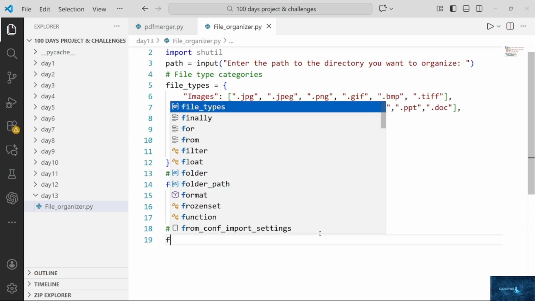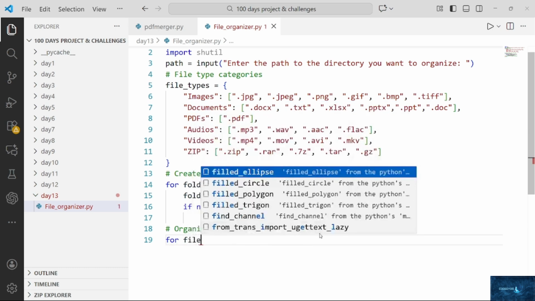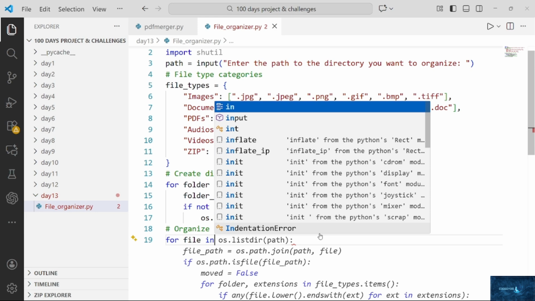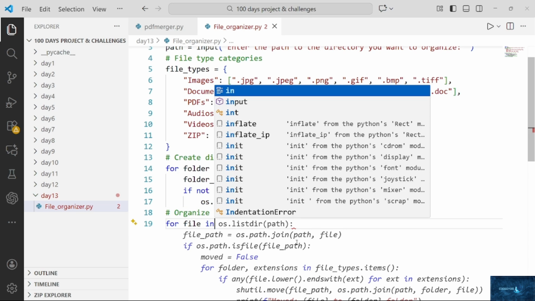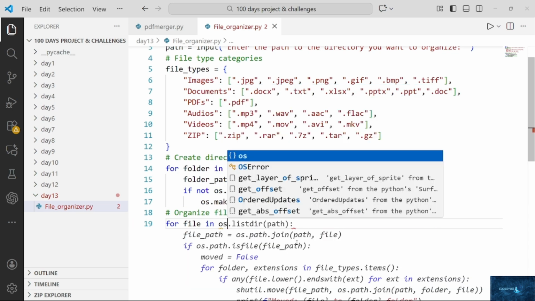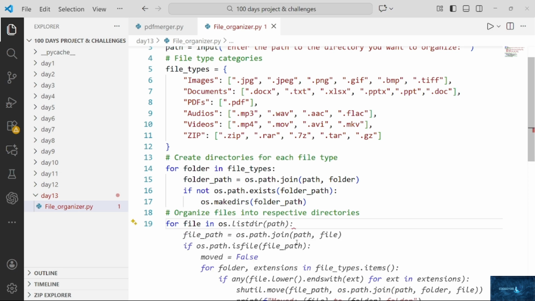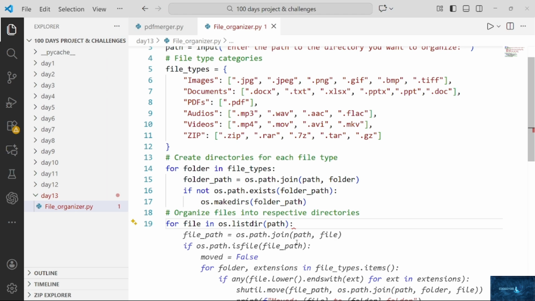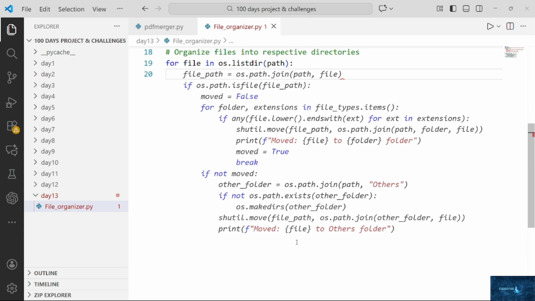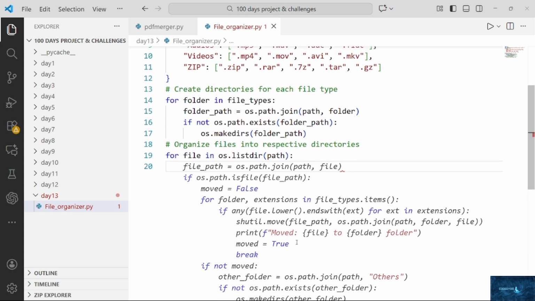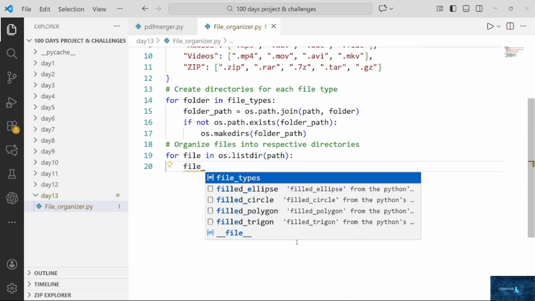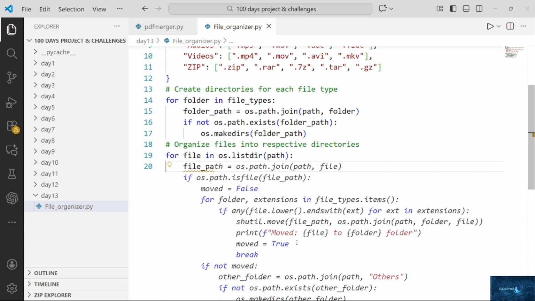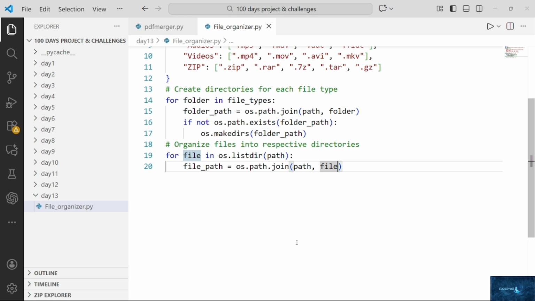So for that, for file in os.listdir of path, so here file path is os.path.join of path and file,